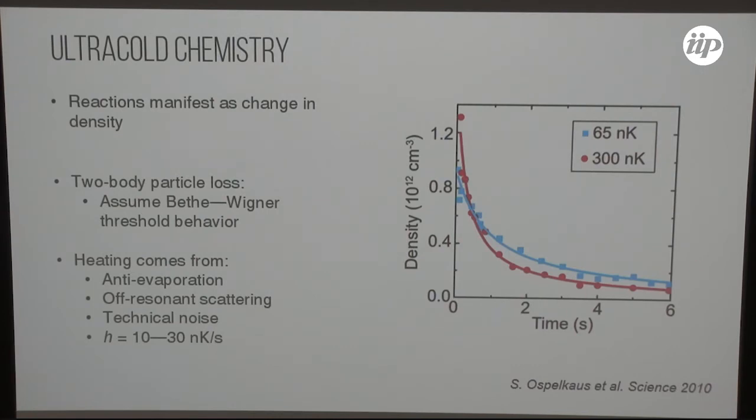Okay, so this is a typical trend of the reaction rate: how the density changes as a function of time for two different sets of temperature. As you can see, for a very hot cloud, there is a super exponential decay, beyond the exponential decay, a two-body decay, as I was saying. Instead, when we reduce the temperature, the reaction rate is softer. The reaction happens on a longer time scale.